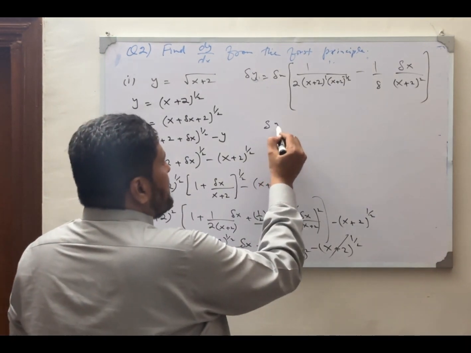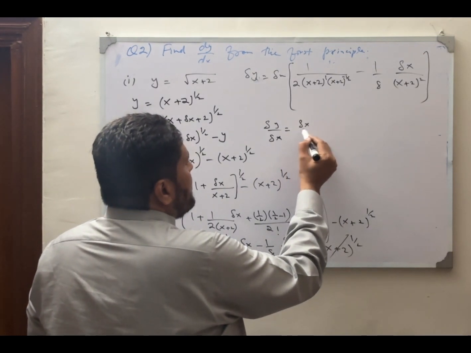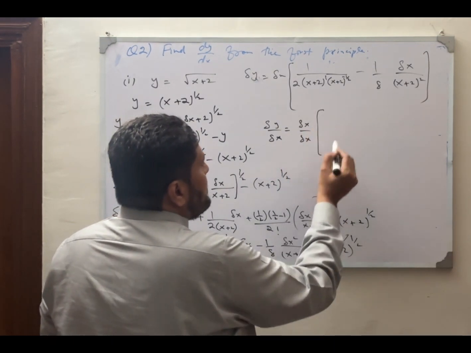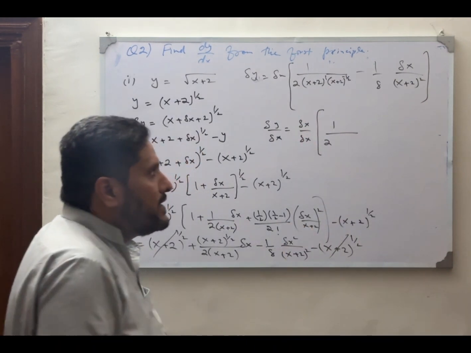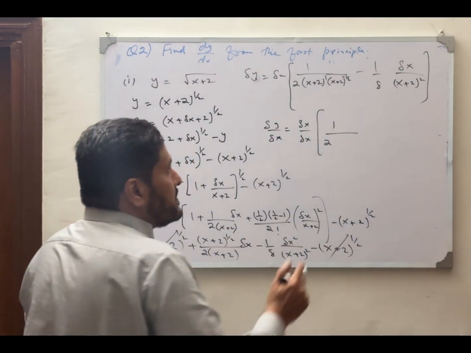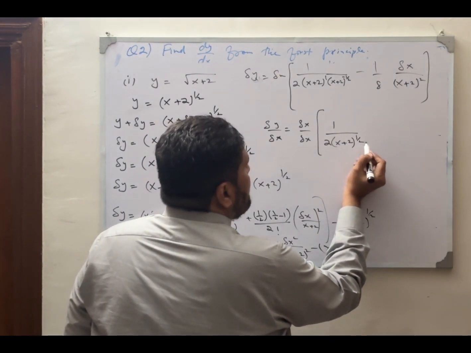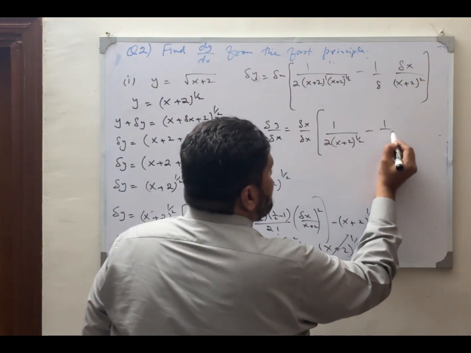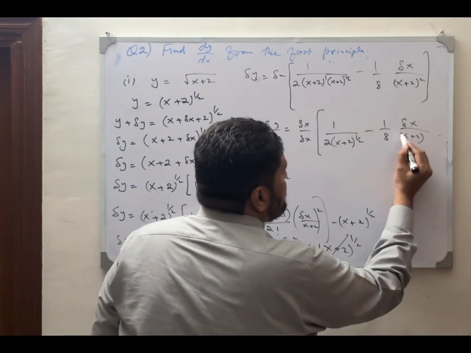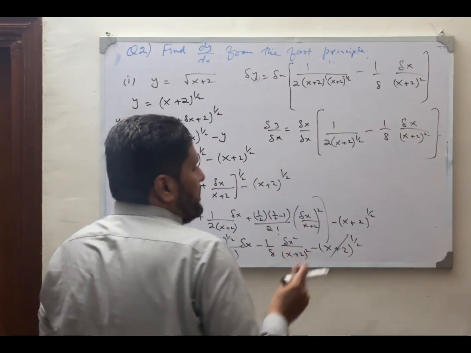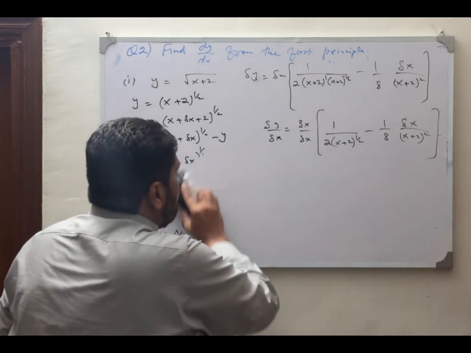So delta y by delta x is equal to delta x by delta x into the first expression, which becomes 1 by 2 into (x plus 2) power 1 by 2 minus 1 by 2, that is equal to (x plus 2) power 1 by 2, minus 1 by 8 delta x over (x plus 2) whole square. Now, by applying